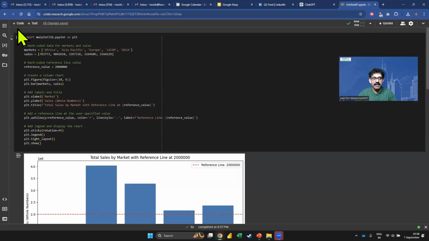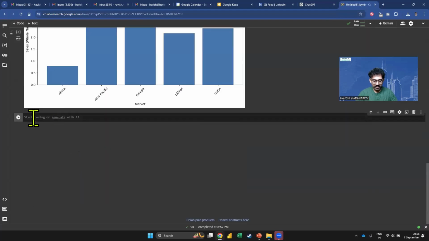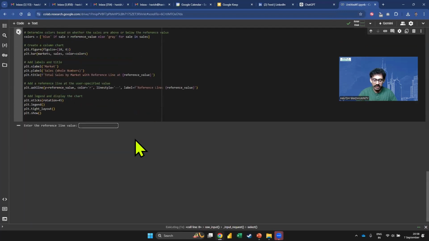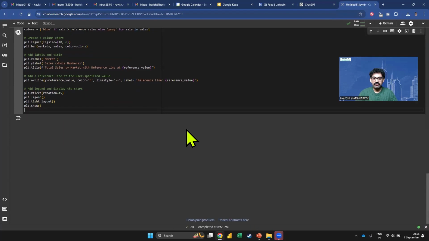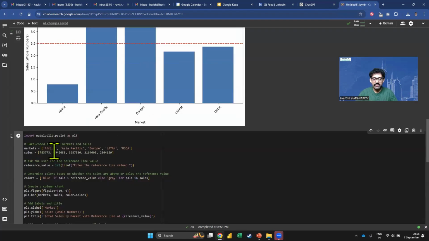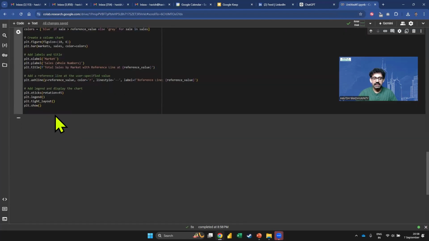I'll copy it, come back, add the code. And if you see, when I run it, first it will ask me for the value. I'll say 25 lakhs, enter, and it works. Brilliant, isn't it? Let's say I run the code once again, but this time I say 15 lakh,